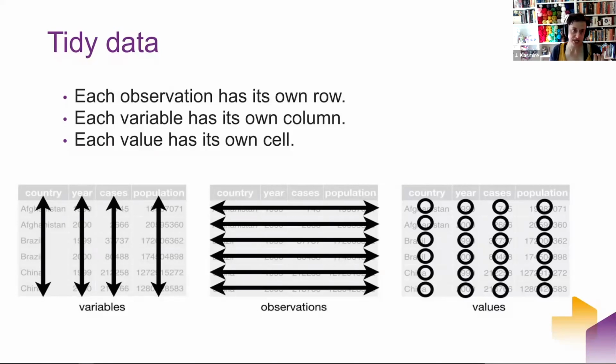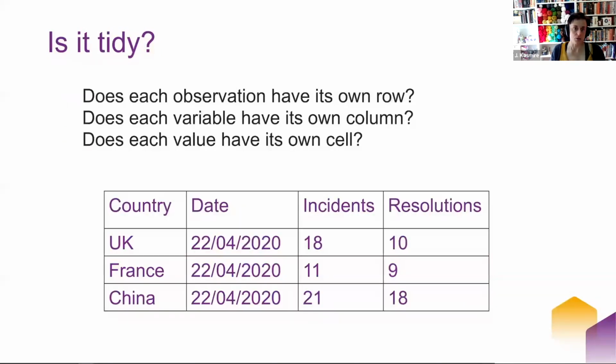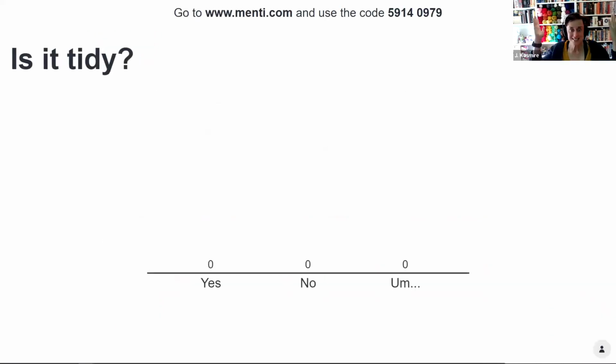So the features of tidy data are that each observation has its own row, each variable has its own column, and each value has its own cell. So looking at this table of incidents and resolutions in 3 different countries on this date, is it tidy? Does each observation have its own row, each variable have its own column, each value have its own cell? It's time for a quiz. So is it tidy? Yes, no, or